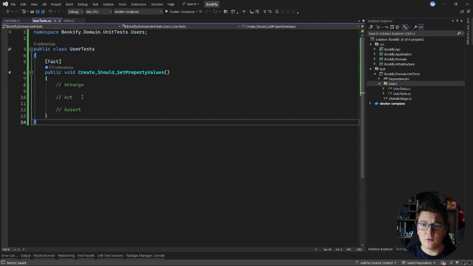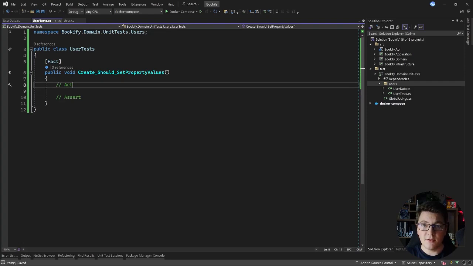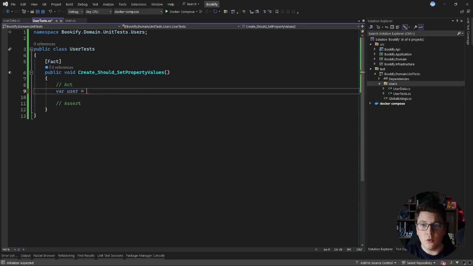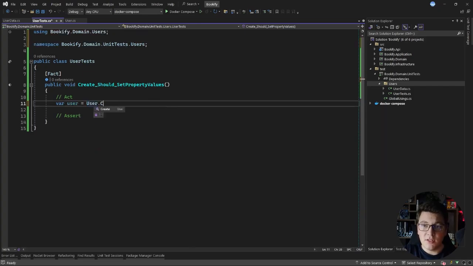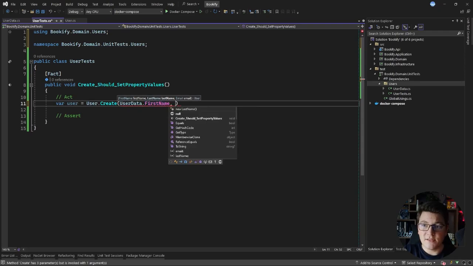Now if I go back to my test, we no longer need the arrange step because I already prepared the values for the first name, last name, and email inside of the user data class. So I can jump straight into the act step where I'm going to create a variable to hold my user, and we can call the user create method. Now I can use my user data class to pass in the first name, the last name, and the email